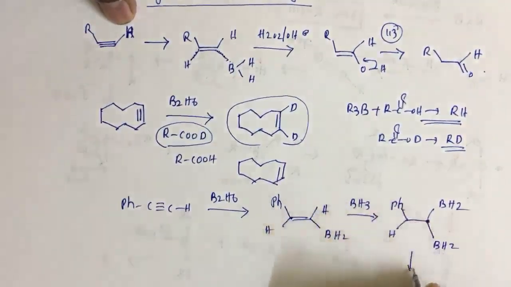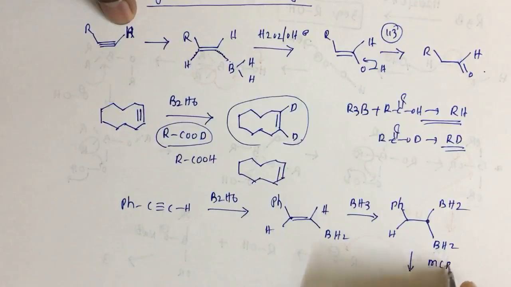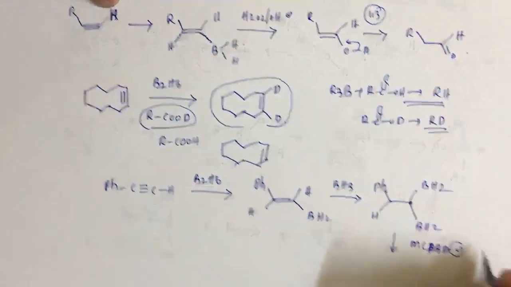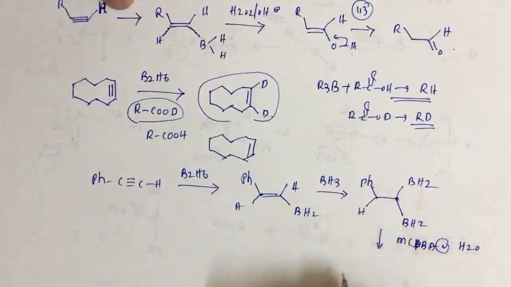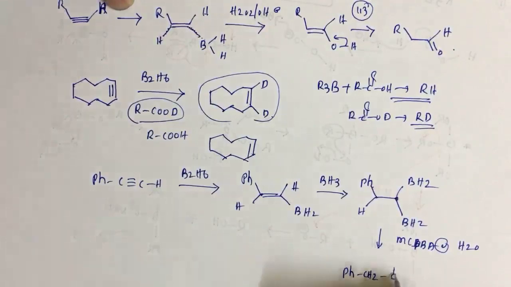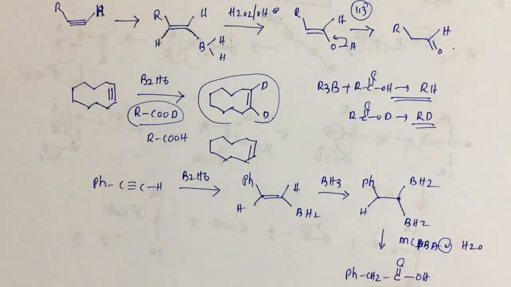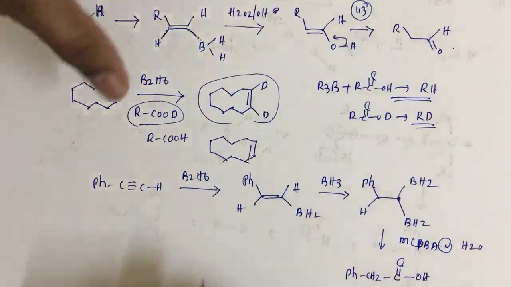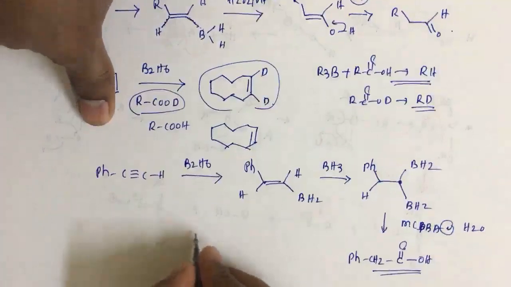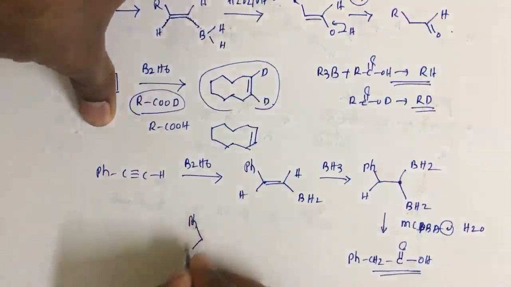Okay, in this case if you take mCPBA or H2O2, here we'll get a carboxylic acid. How will the carboxylic acid come here? The mechanism is very simple. We know that